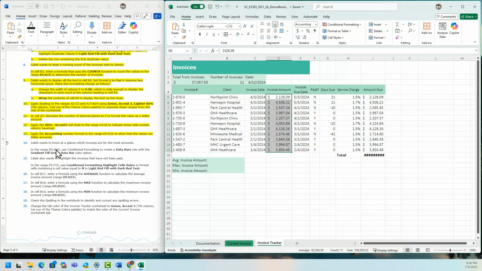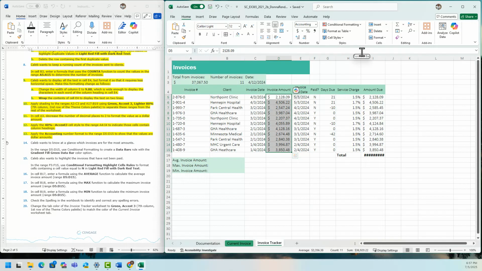Caleb wants to know at a glance which invoices are for the most amount. In the range D5 to D15, which is already highlighted, I'm going to use conditional formatting to create the data bars rule with the gradient fill green data bar color option.